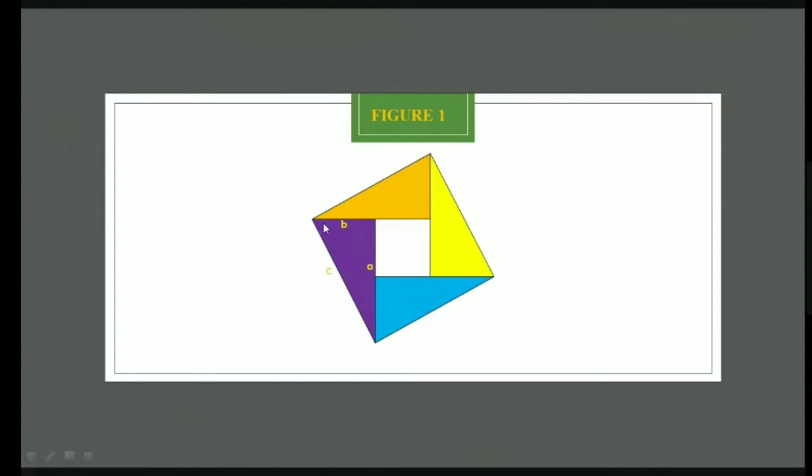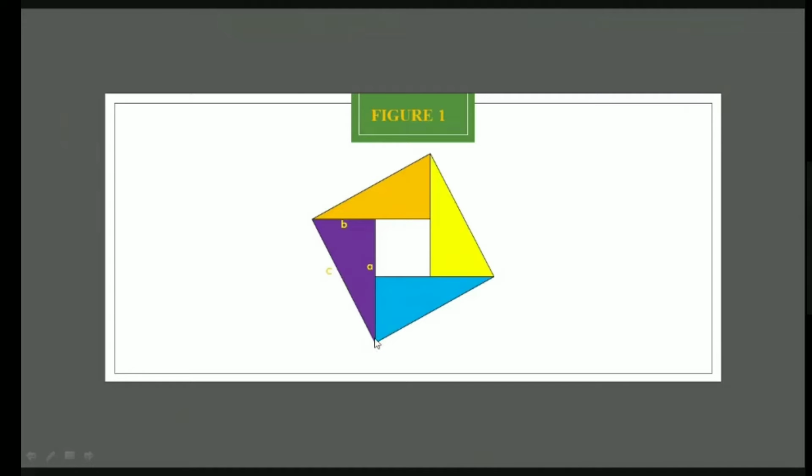But since this angle is equal to 90 degrees, reason being, if this is 90, then this angle plus this angle is equal to how much? 90. So this angle is the same as this one. So I get this complete angle comes out to be 90 degrees. So what do I get here? I get that this complete quadrilateral is a square of sides C units.